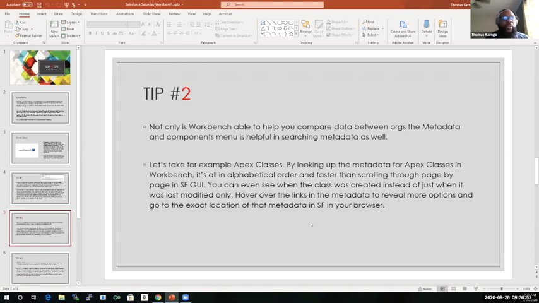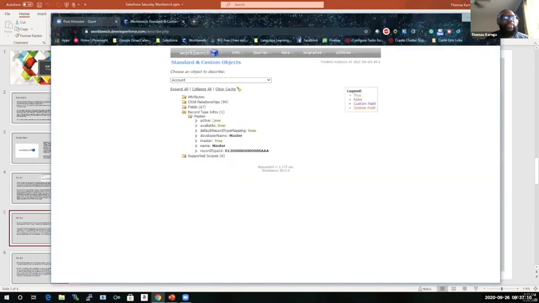So when you go into your Salesforce org, you can scroll through that org searching for the Apex classes. But with Workbench, it's a one-stop shop, pretty much. So let's see what that looks like. So we go here and we go to